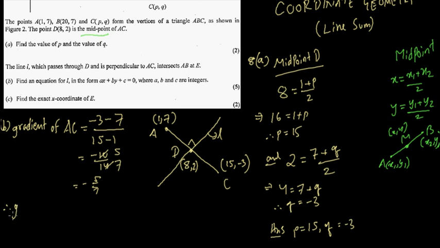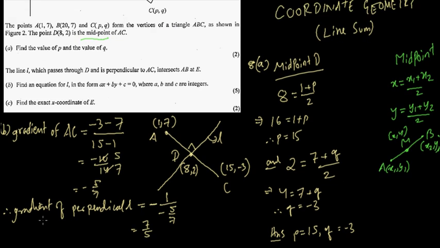So therefore the gradient of L, which is a perpendicular line, we can also call normal L, is going to be the negative reciprocal. So minus 1 by minus 5 by 7, it would be 7 by 5. So this would be the gradient of perpendicular line L, 7 by 5. So now we have to find the equation